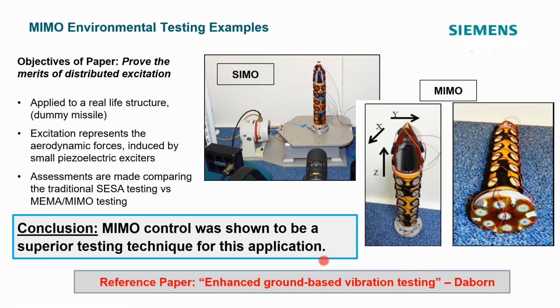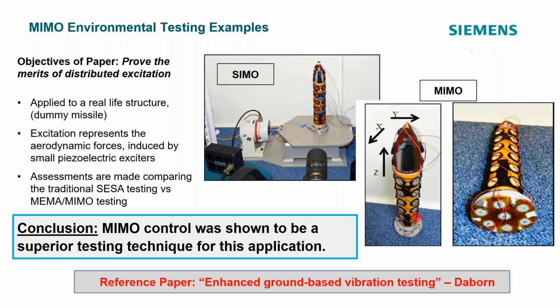And this was an excellent paper for reference. This was written by Phil DeBourne of AWE in the UK. The concepts that were just presented in that example are exactly what he did here too, although he had a different setup. But he's depicting what's typically done in real testing, in the real test world, where you've got a single shaker and you're trying to achieve some vibration responses around the structure and how that compares to multi-axis testing.